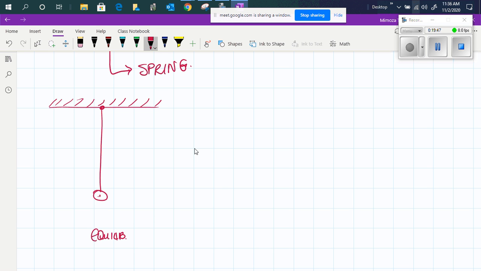And what we are doing to this object is we are giving it some gravitational potential energy, and then we are releasing it. Now, let's call this position O, this position A, and then what will happen as soon as we release it? The object will go to position O, or equilibrium, and then will swing to the other side of